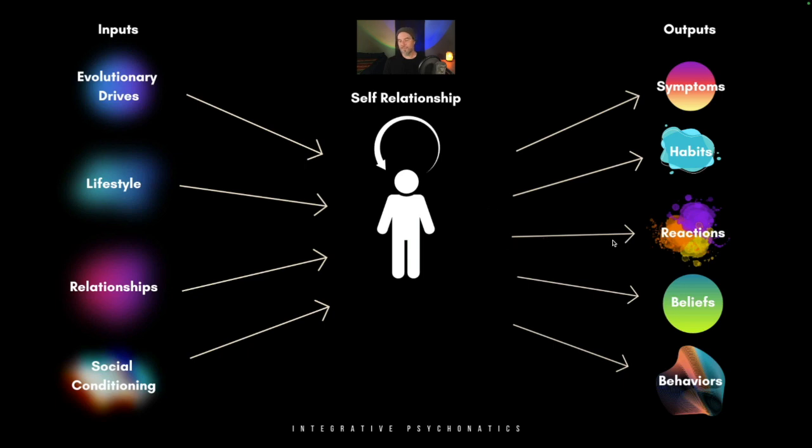Another major output piece here would be reactions. What are my automatic reactions to different contexts and situations, right? Do I shut down and get quiet and shy in a social situation, for example? That's a bit of a reaction, right? You don't mean to do that. It's just kind of what your body does. Do I get unreasonably angry when I encounter a certain commercial, for example, on TV? That's a bit of a reaction, right?